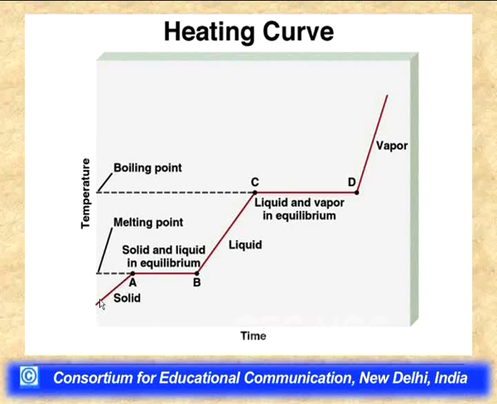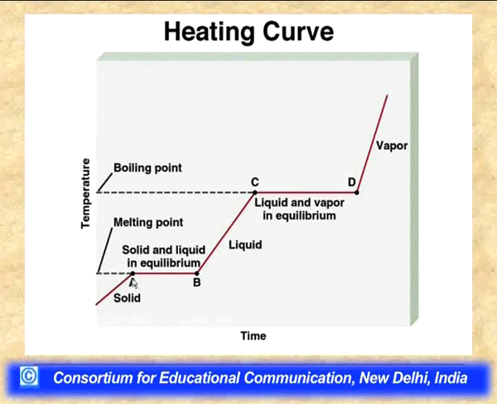When we heat the system, the heat is a form of energy, and that energy is taken up by the solid substance in order to excite the vibrational motion of the molecules. Although the molecules are placed at a fixed position, within the molecule there are various bonds which participate in vibrational motion, and the participation in vibrational motion actually brings about an increase in temperature. That is how, when we heat a solid substance, we ultimately reach point A.